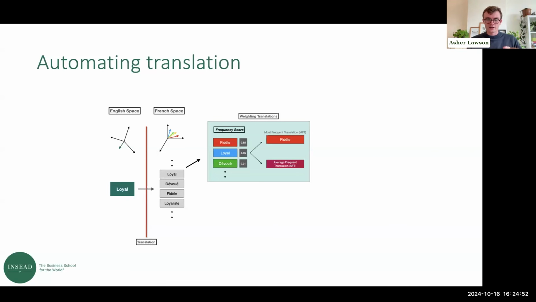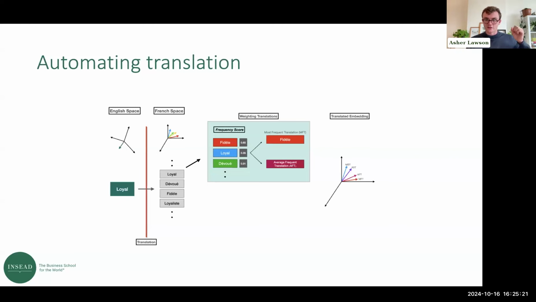So it could be that there's a word in French that is a great translation of loyal, but it's just not very used. That would then not be the right vector to capture that meaning, so it just wouldn't be the one that people are actually using. So you get all of these different translations, and then essentially we ranked them in order of this frequency, and then you can do something simple like just taking the most frequent translation, or you can weight all of them to get some kind of average,